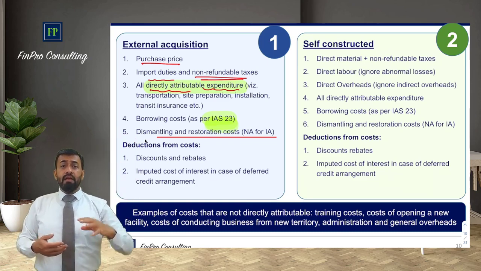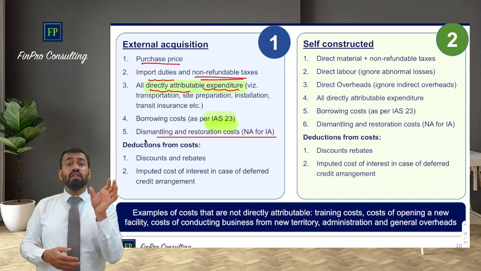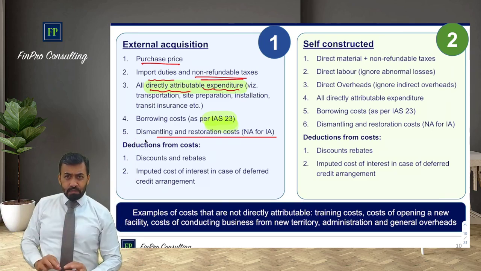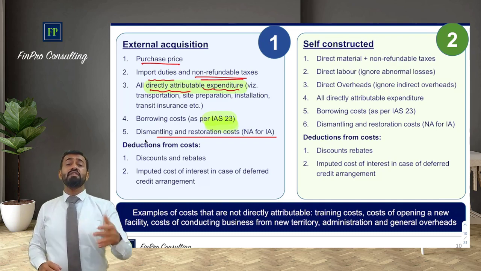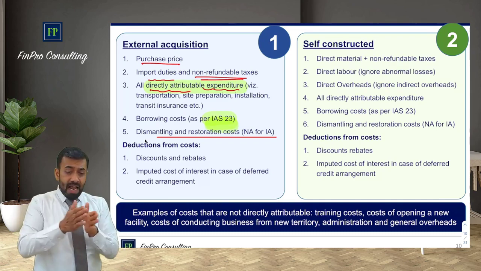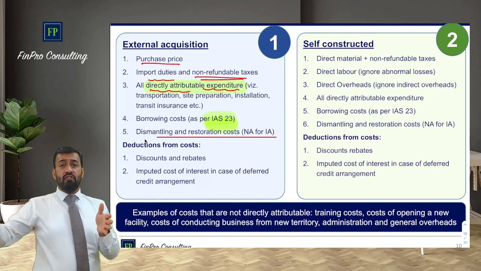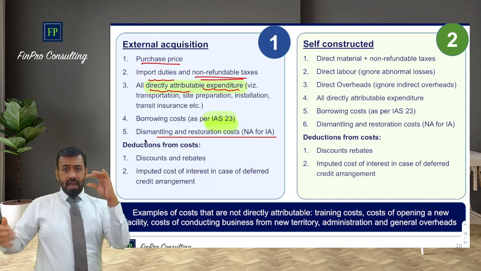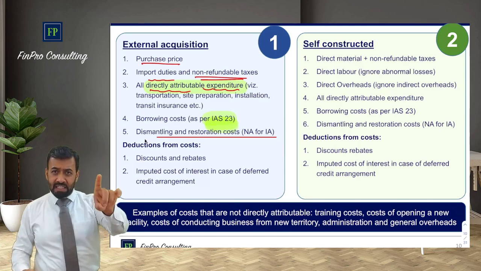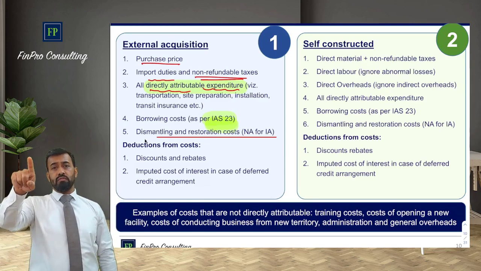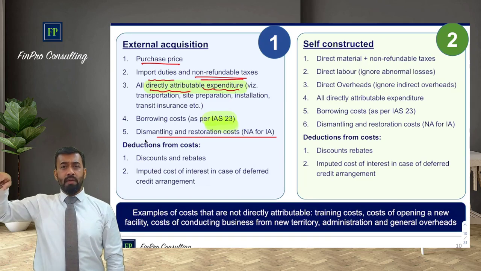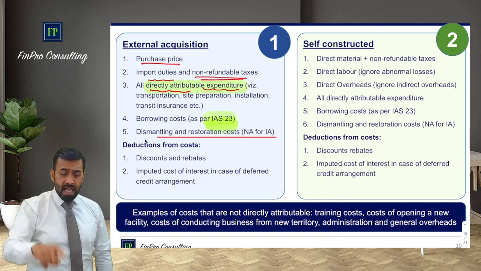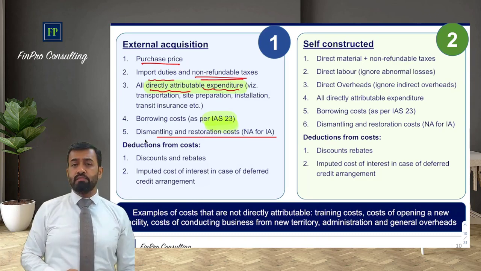In this case, the expenditure which I am incurring is with respect to an asset which is usable for more than 1 year. That's why the related expenditure cannot be expensed out in P&L in 1 year itself. That has to go over the number of years of the asset's useful life. Matching concept. And that's why it will get capitalized as a part of that asset. Credit will go to provision. That provision has to be based on IAS 37, Provisions, Contingent Liabilities and Contingent Assets. And that is how you create this dismantling and restoration.